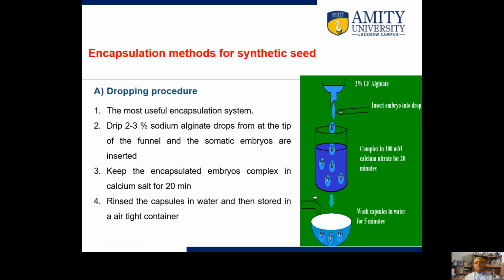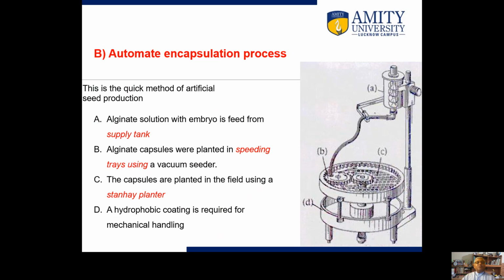Here, the encapsulation process is described through a flow chart, which is exactly same as we have discussed in the previous slides. Some automation of the encapsulation process has also been done. So this picture is not very much clear, but by going through the literature, you can get a better representative picture. In this picture, this is the quick method of artificial seed production based on the basic technology that we